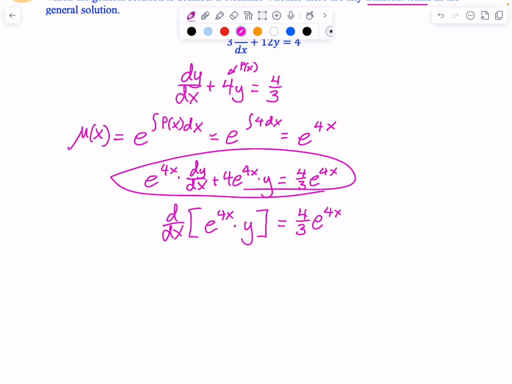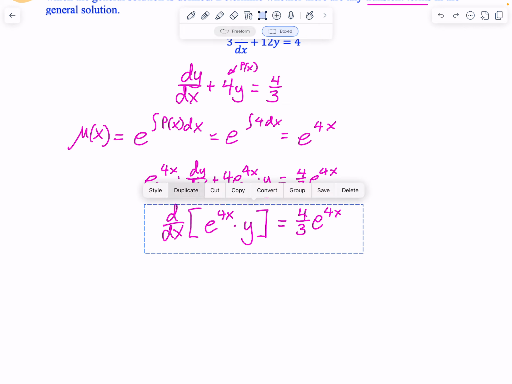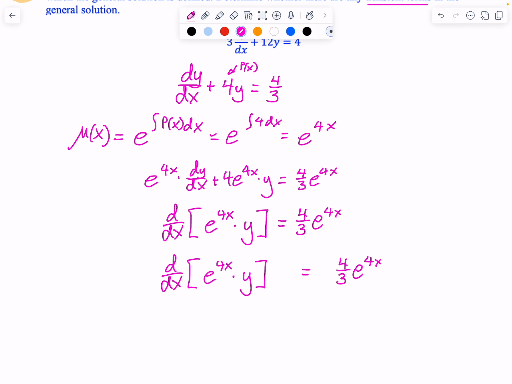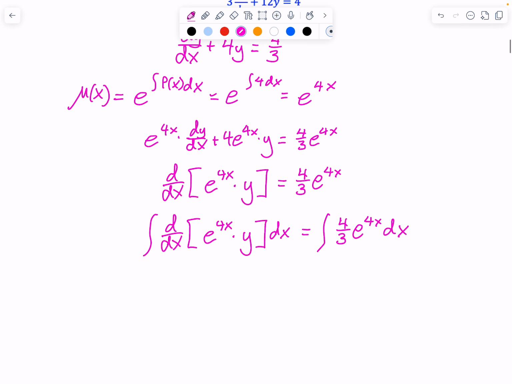Eventually, you might just stop writing that. It's up to you. I typically don't, when I work these out, like to check or something. All right, I'm going to write it again, spread this stuff out, and put in my integrals. So integral here, dx, integral here, dx. Those dx's are important. If you haven't taken Calc 3, we could do dy, dz, d mu, d theta. We could do a bunch of different integrals with dx's and different stuff. So you have to put it there. Please do. Okay, so e to the 4x times y equals,